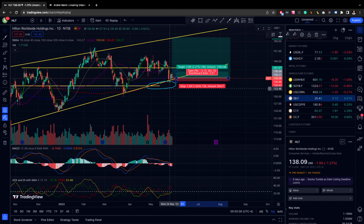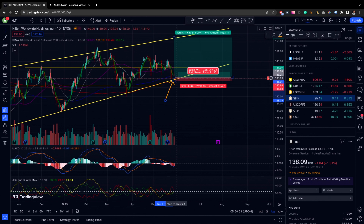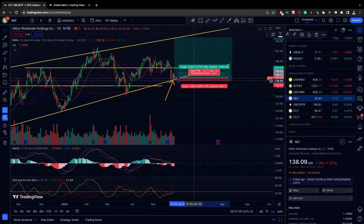Actually, I had highlighted the trade. Let me show you guys. I was looking at this red candle here when I brought up the trade, and then by the time the market opened, I was just waiting to see where it opens, and we gapped lower and we traded below the trend line here, so I didn't do anything about it. I waited for the next day and I took the trade here, and this was the exact trade that I had taken. I took profits on Friday on a 1 to 2 risk reward ratio trade,